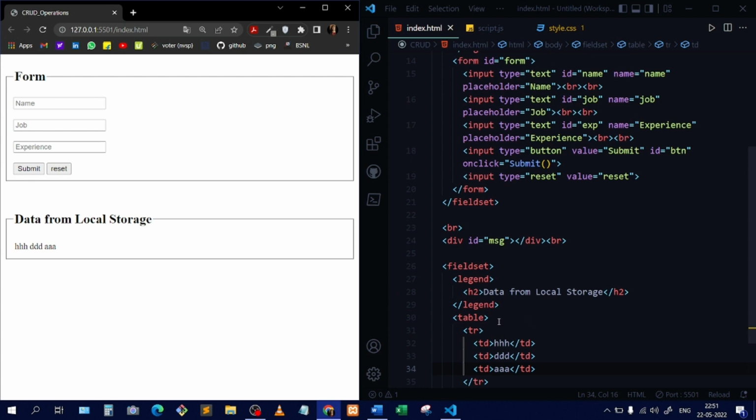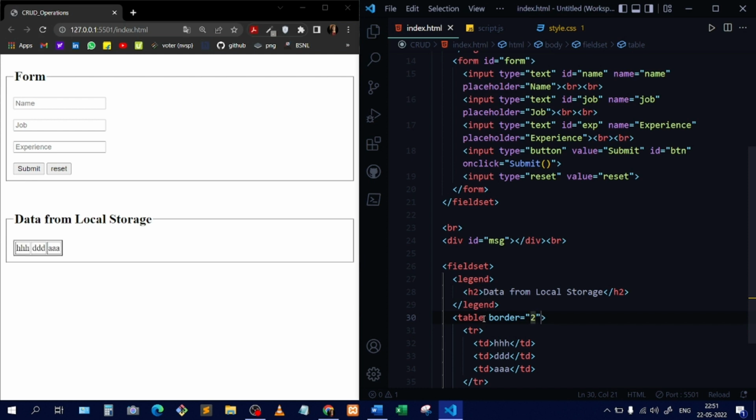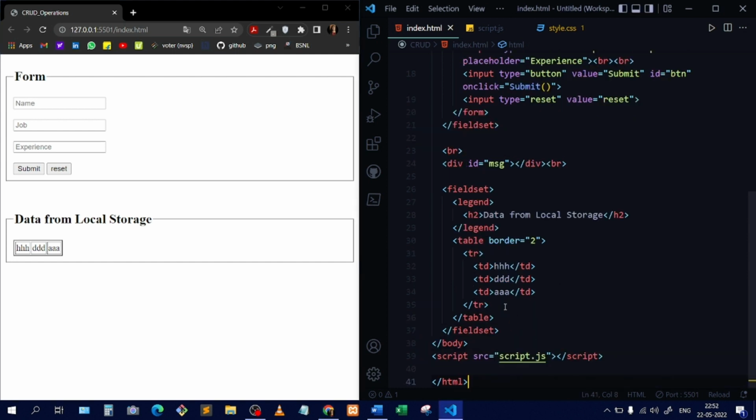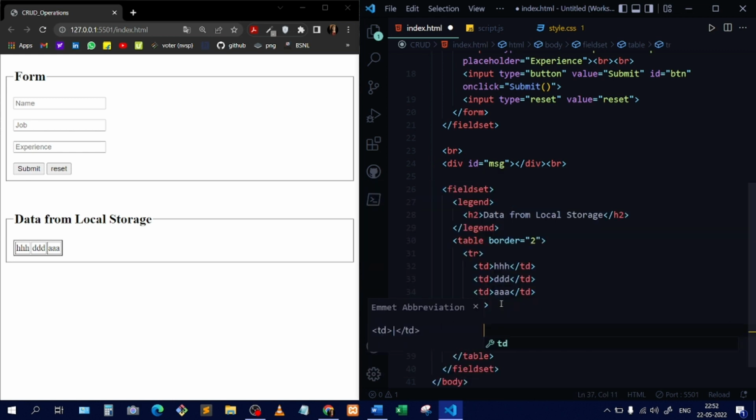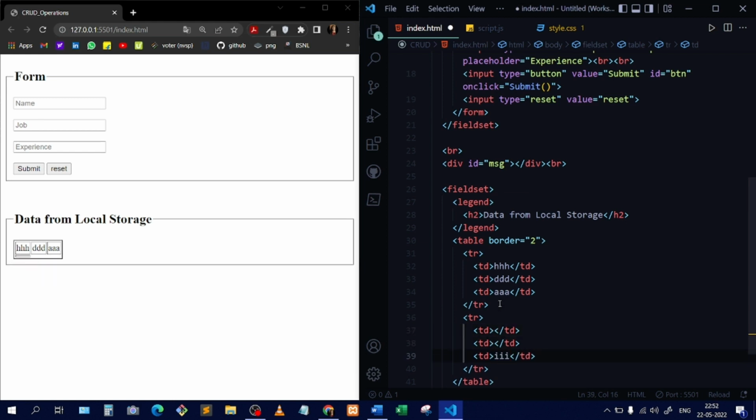To show this better, let me create a table border. I'll write border and give it, suppose, width of 2, and click save. Now here you can see this is the table inside which columns are created. Suppose if I write another tr over here, and inside this tr let me write td with 3 values inside them. Now here you can see it has 2 rows and 3 columns. So this is how table is created. So let me delete this row